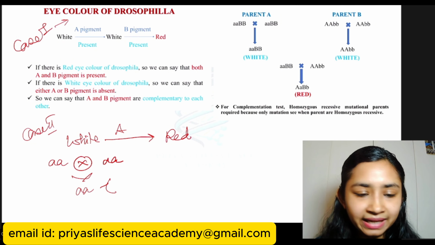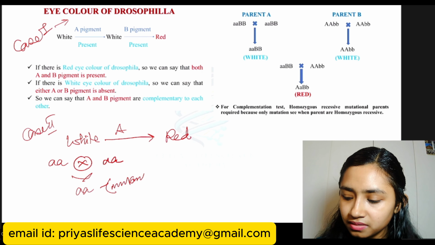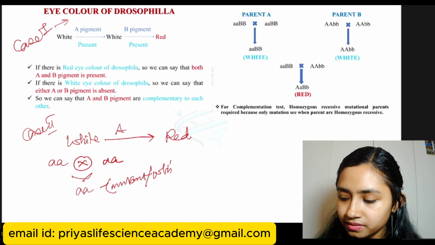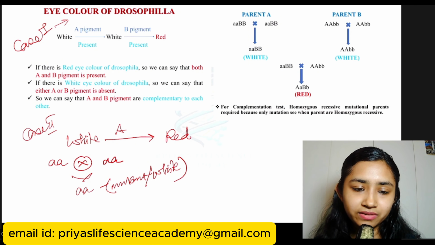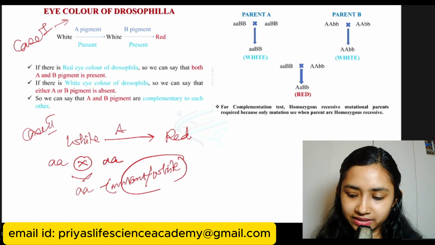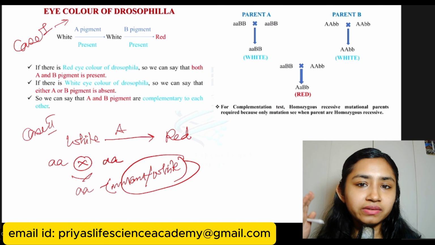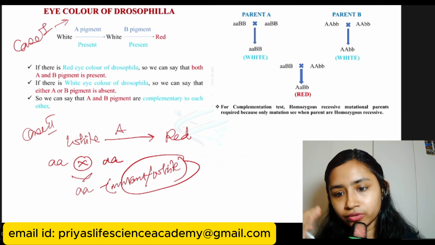We only get mutant, that is white offspring. Okay, as this character is driven by only one gene, in the offspring we are getting the white color. So by this we can understand if a characteristic is determined by one gene or two genes. So from here what you can understand